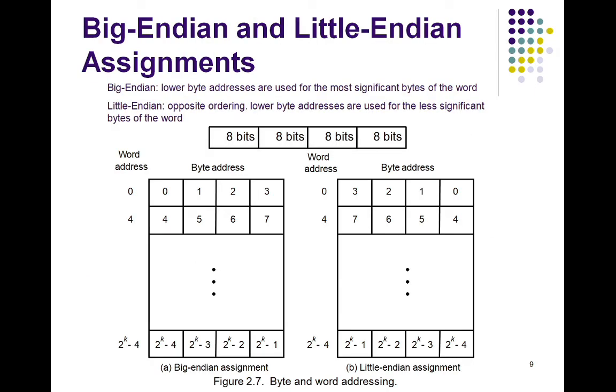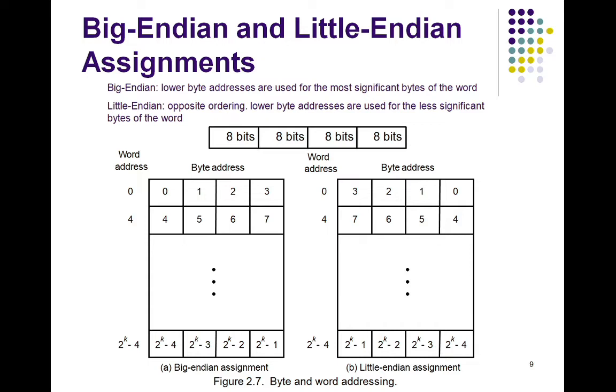Then the next important concepts are the big endian and the little endian assignments. So these are the two types of memory assignments. One is big endian, and the other one is little endian assignment. These are how the 2-byte addresses can be assigned across the words, which is clearly shown in this particular figure. As you can see in this figure, there are two ways of memory representation or memory assignment. One is big endian and the other one is little endian assignment.